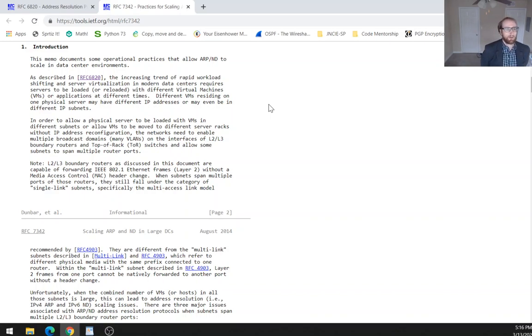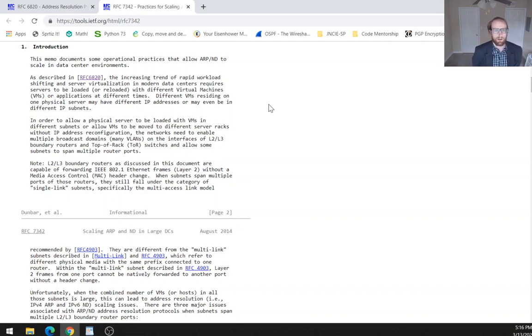In order to allow a physical server to be loaded with VMs in different subnets, or allow VMs to be moved to different server racks without IP address reconfiguration, the networks need to enable multiple broadcast domains, many VLANs, on